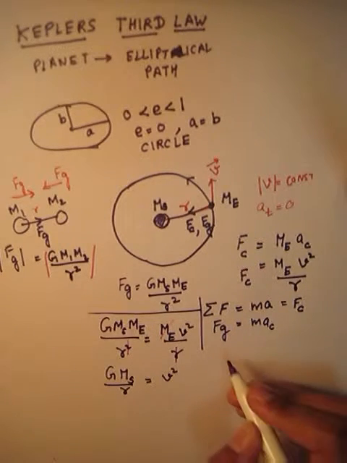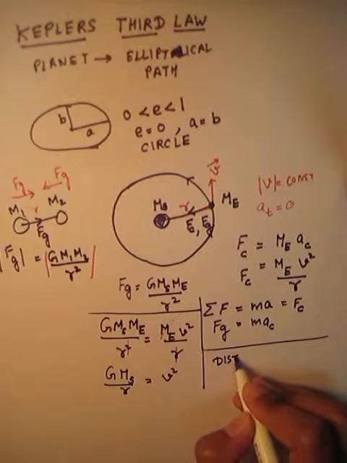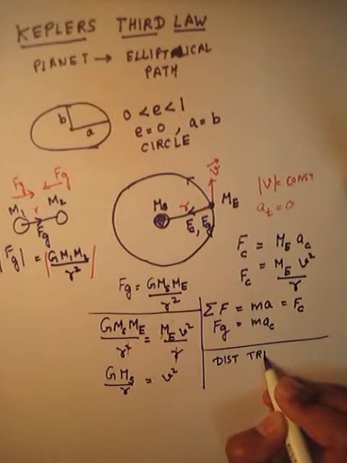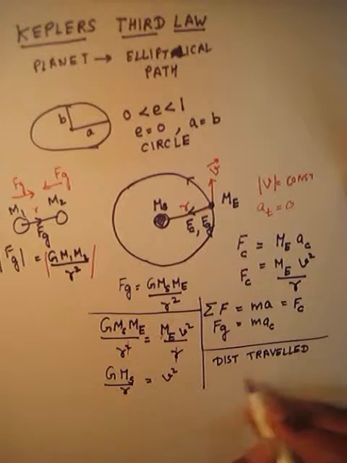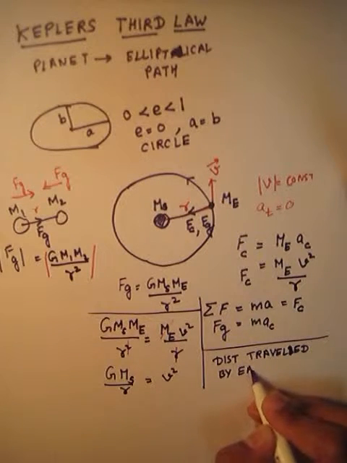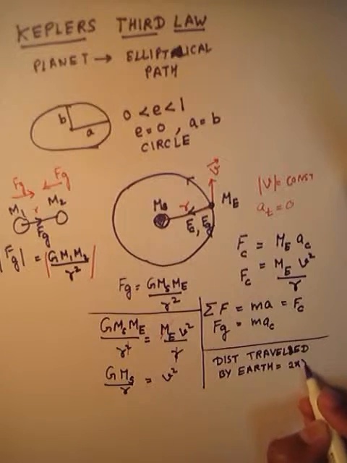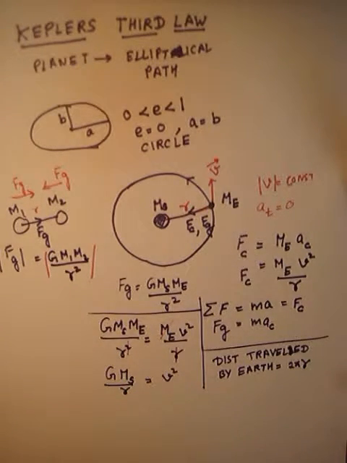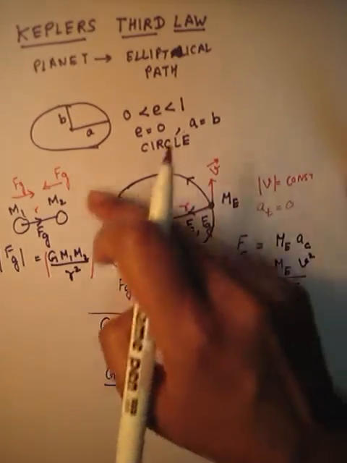So the distance traveled by Earth will be 2 pi r, the total distance traveled by Earth, and